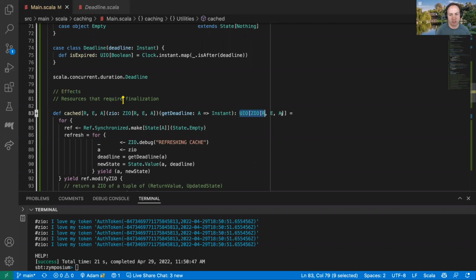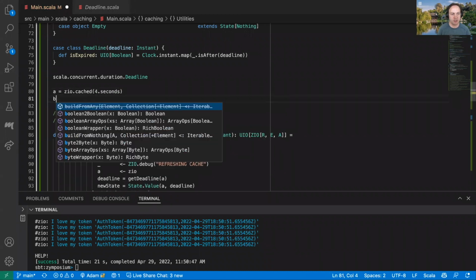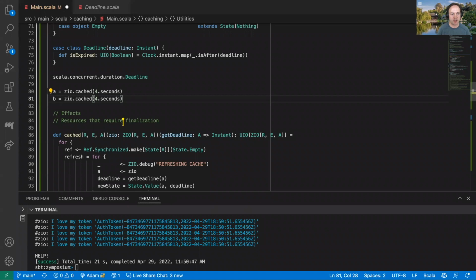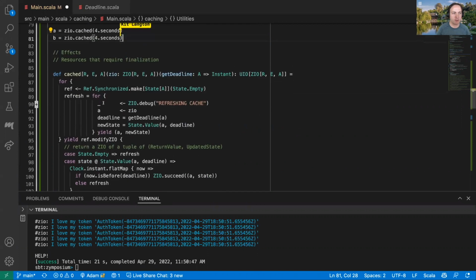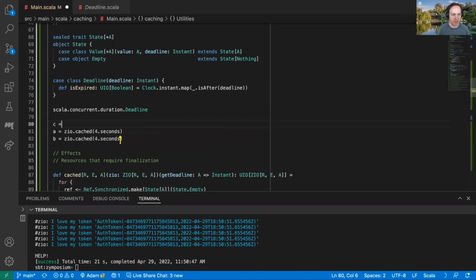Because if this didn't return a Zio within a Zio like this, then what we could do is something like A equals Zio.cached 4 seconds, and then B equals Zio.cached 4 seconds. And what functional programming would say I should always be able to do is, well, if these refer to the same thing, I should be able to extract them into another variable, and I should just be able to say C equals